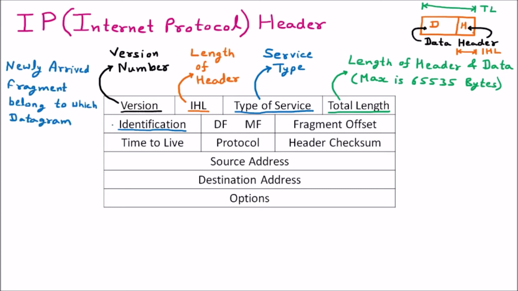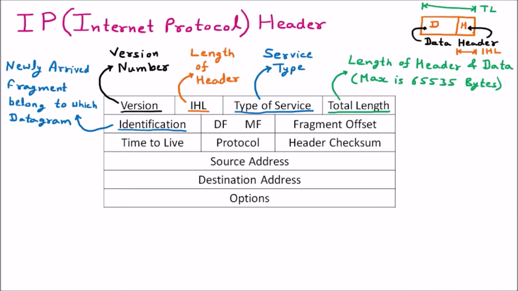So that information is taken care of by the identification. It means whenever we receive a packet or a small fragment, that fragment belongs to which complete datagram. There is a complete file from which we are getting small packets. Now, that packet is of which particular file? That is the meaning of this one. It identifies which specific data the packet belongs to. So that is the identification.